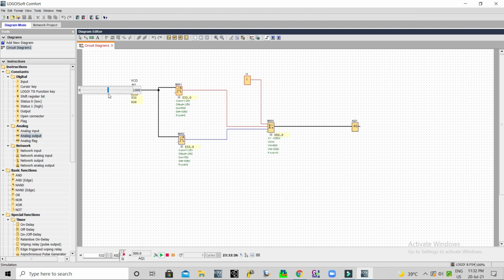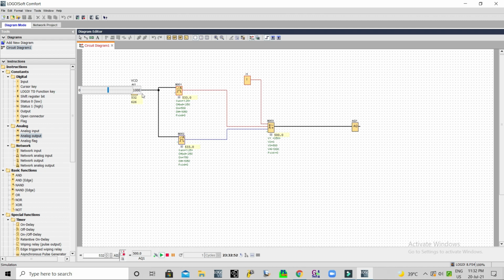That means the VCD is opened between 50 to 75% speed. So as per our program, our AHU should run in 50% speed. That means 500 value. This will be converted to milliampere, and it will be given to VFD. So this VFD will run in 50% of the speed.